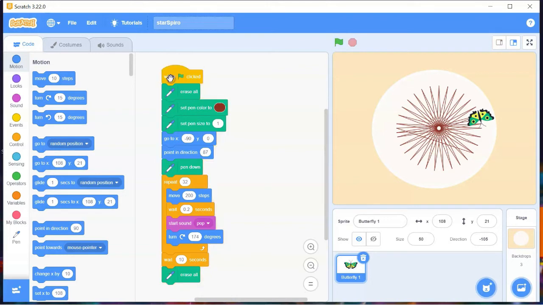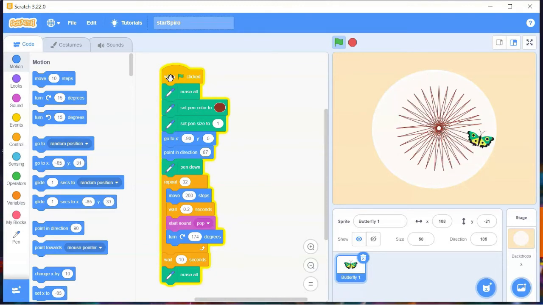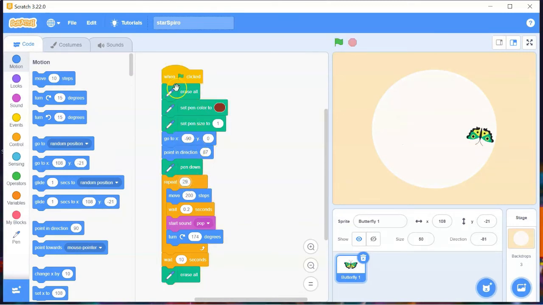Now once again I will try this because there is a wrong angle over there. And now you can see it is drawing very nicely. 28, I think 29 would be better, yeah.